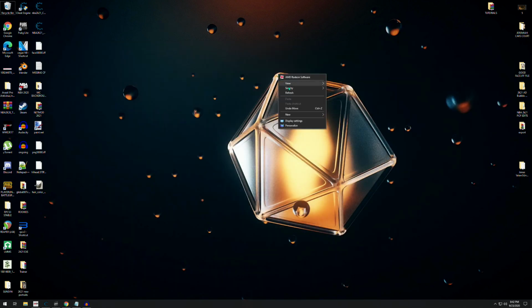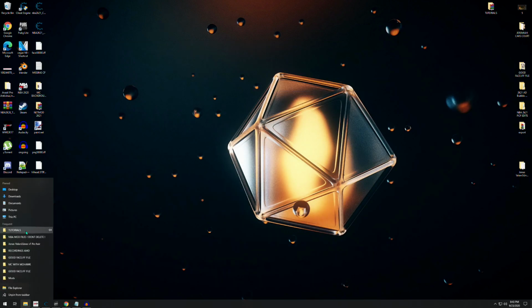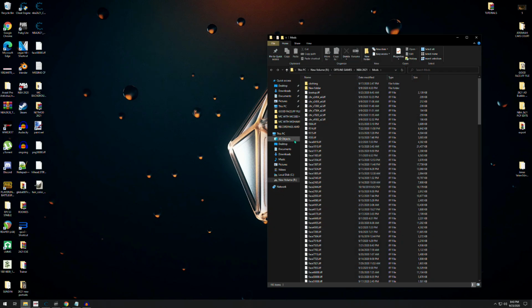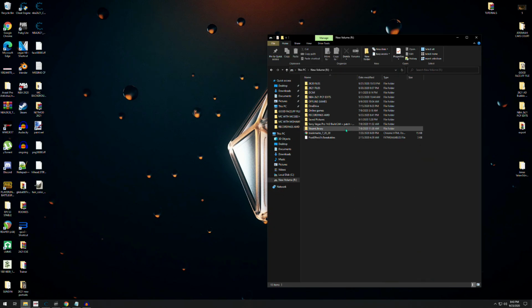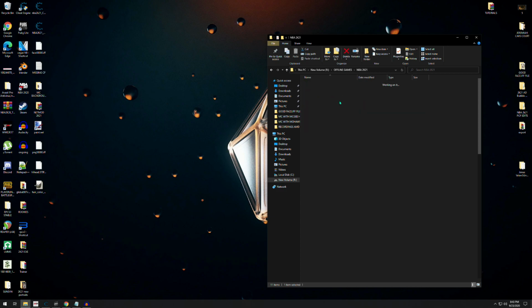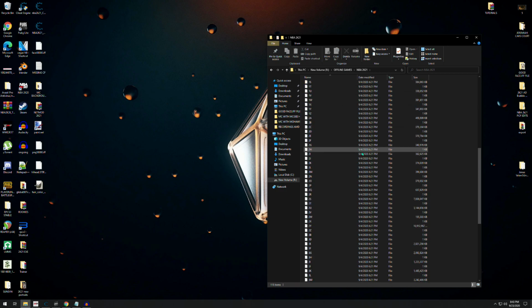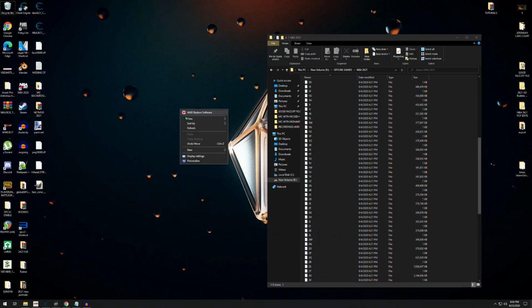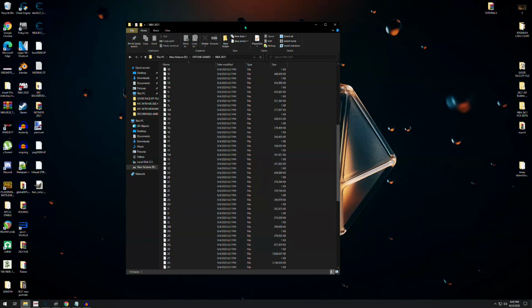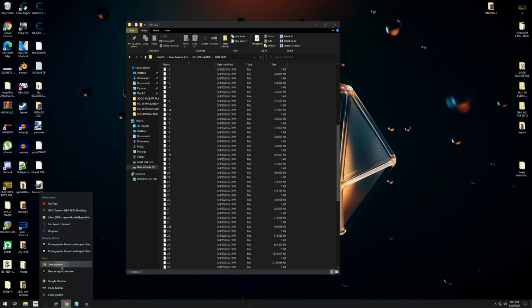So before we start, of course, you need to have NBA 2K21. Of course, you have to have that file on your computer in order for you to start modding right here. This is my NBA 2K21. So in order for you to start modding or installing mods from basically everyone in the community who creates mods,